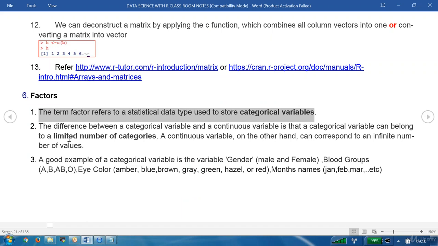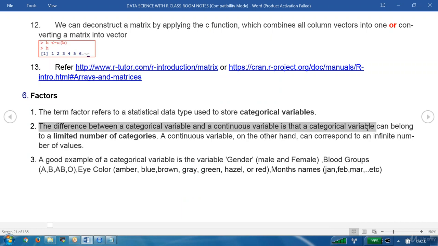Now we have that point. The difference between a categorical variable and a continuous variable is that a categorical variable can belong to a limited number of categories, and a continuous variable, on the other hand, can correspond to an infinite number of values. Some examples of categorical variables are gender, blood groups, eye color.